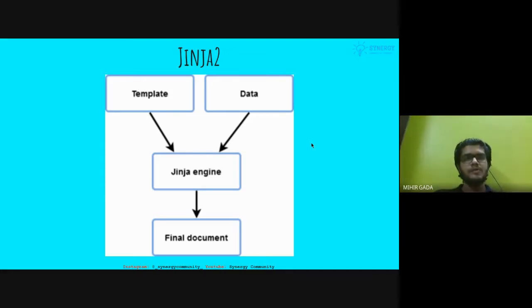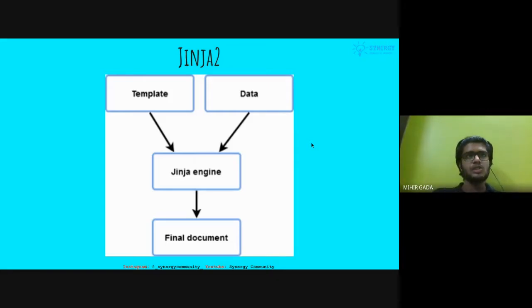But with the help of Jinja 2, you can use the dynamic way, using just 2 lines of code to display 100 images. Jinja 2 will use a for loop which will loop through your 100 images in just 2 lines of code. So basically it will help to reduce your code.